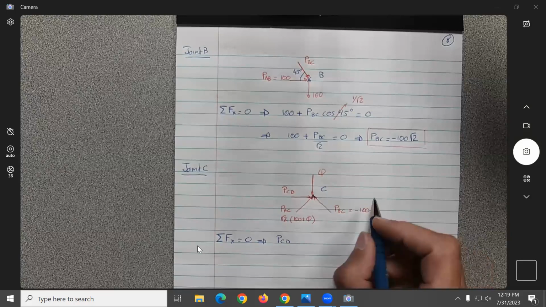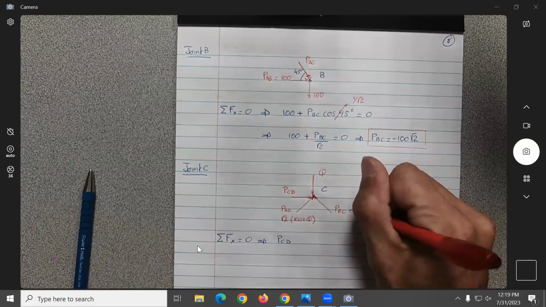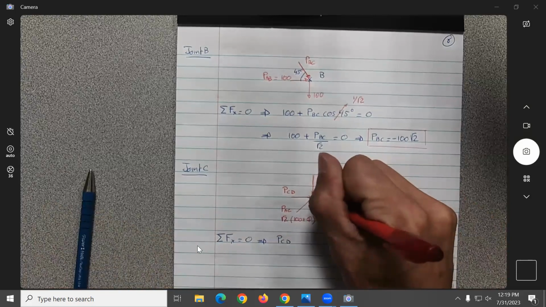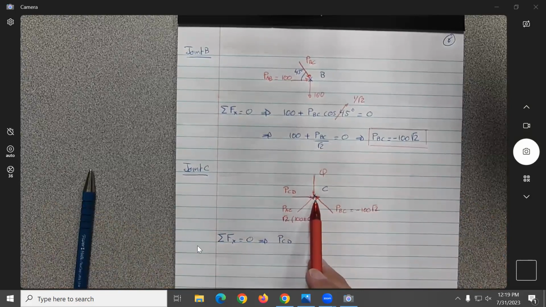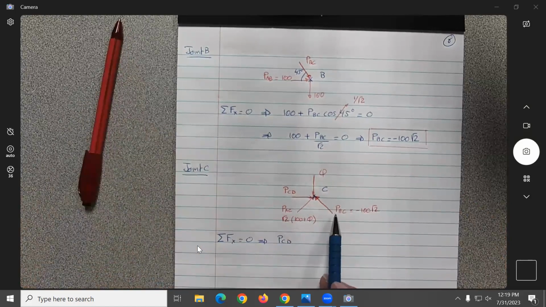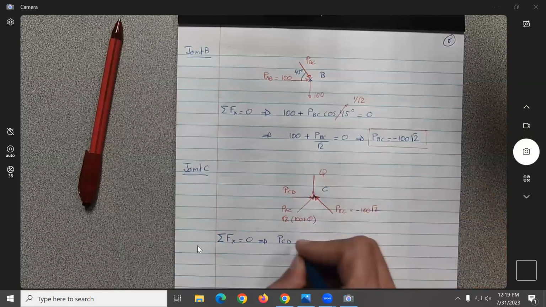Now we need to be careful because this one is negative. I don't want to change the figure now, but that one should really be going in the opposite direction. So what is the X component of this force? It should be positive, no? Yeah, because going this way, it will be the projection here. So it will be plus